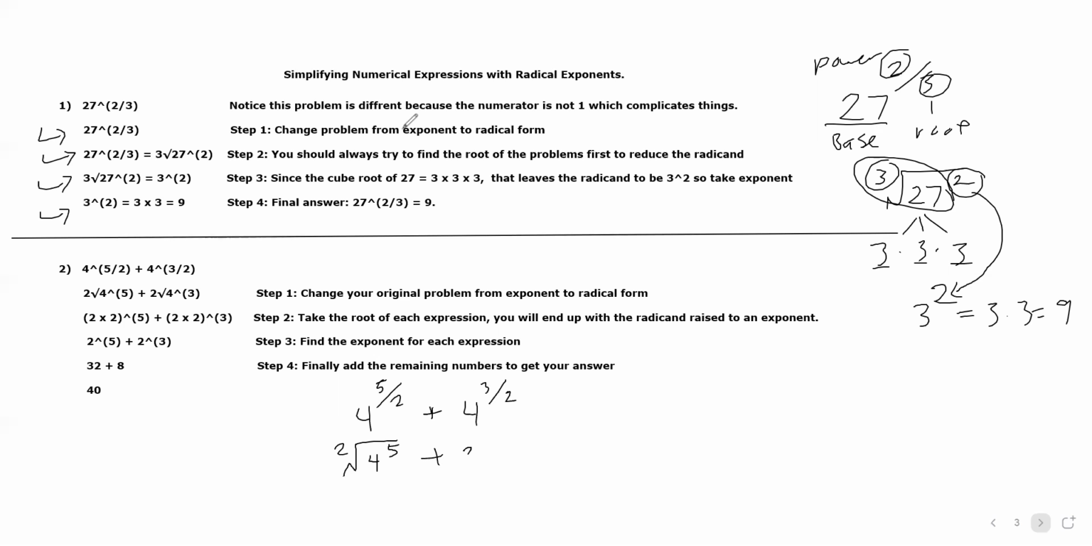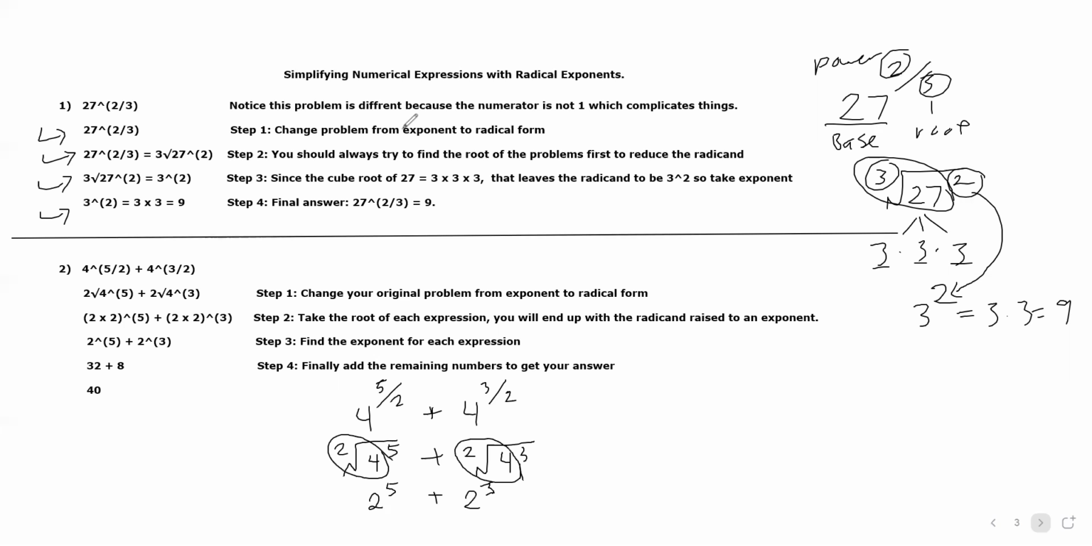to radical form. Then I'm going to take the roots. I'm going to focus on these first, so I'm going to make it smaller. So the square root of 4 is going to be just 2 to the power of 5, plus the square root of 4 again is going to be 2 to the power of 3. Right. So once we get to this point, once you've figured out what the roots of your expression are,